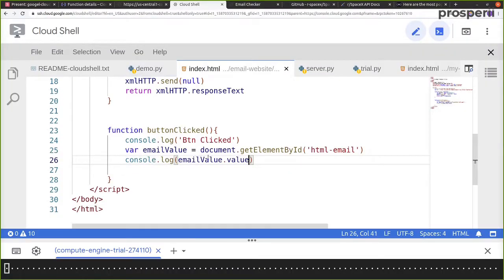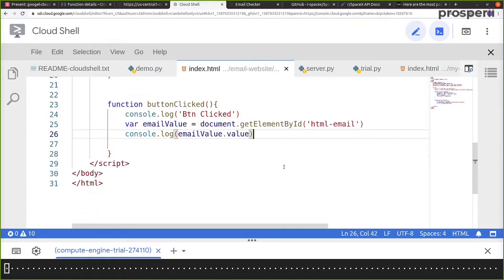Okay, so with that let's again go back to the HTML program, and over here after this let's simply type in dot value after this. So instead of typing in the value here, we directly get the email value. So the evaluation of this entire command will just give us the content inside this particular text area.